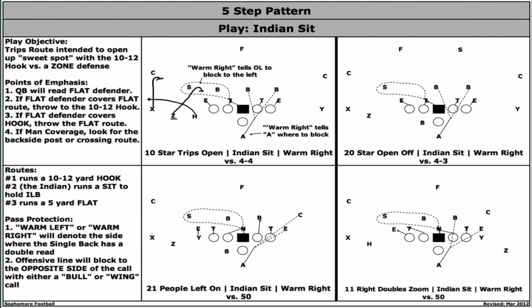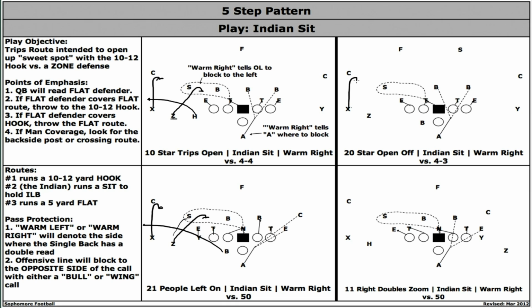So if you look down here at the pupil formation, same idea. Hook, flat, and the Indian's going to sit right here. If he can get to this backer and hold him, all the better. Usually this backer's too far out, so we can't get there, but if we can sit actually right here, that's even better because it opens up both routes. With the star open,